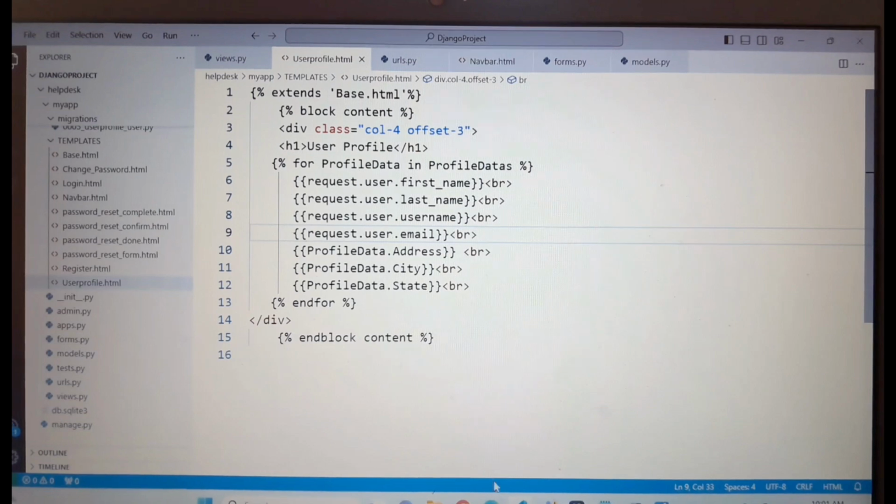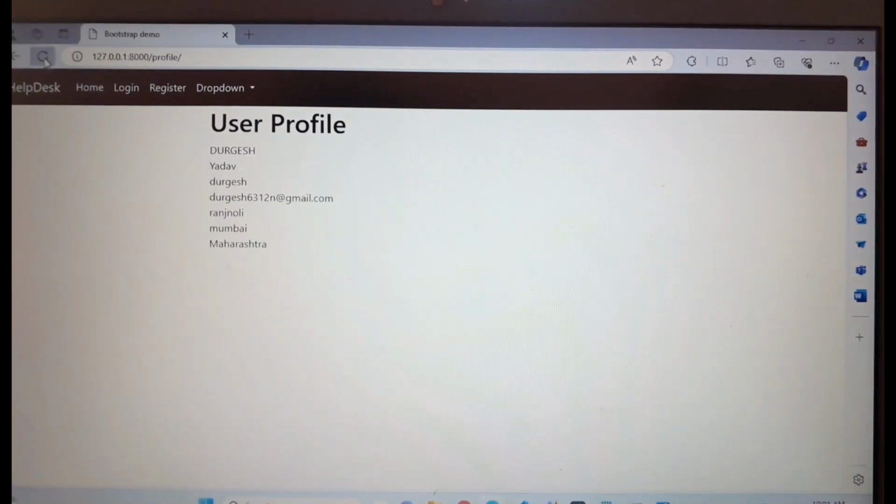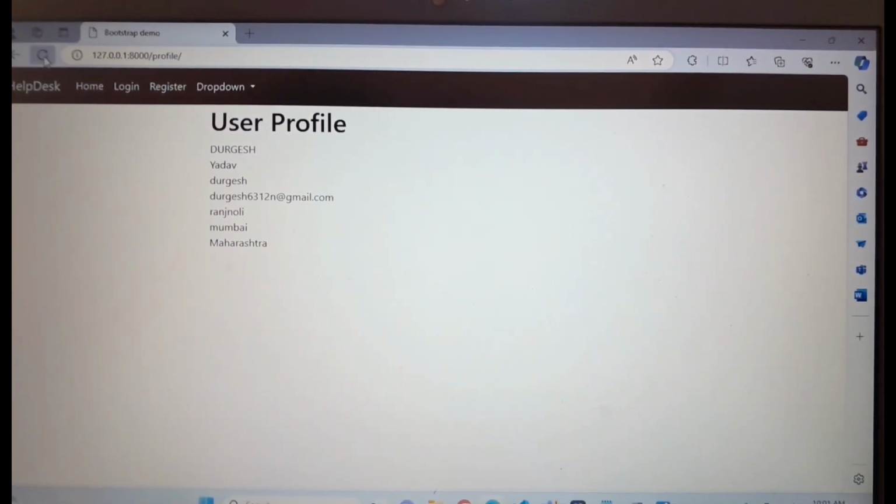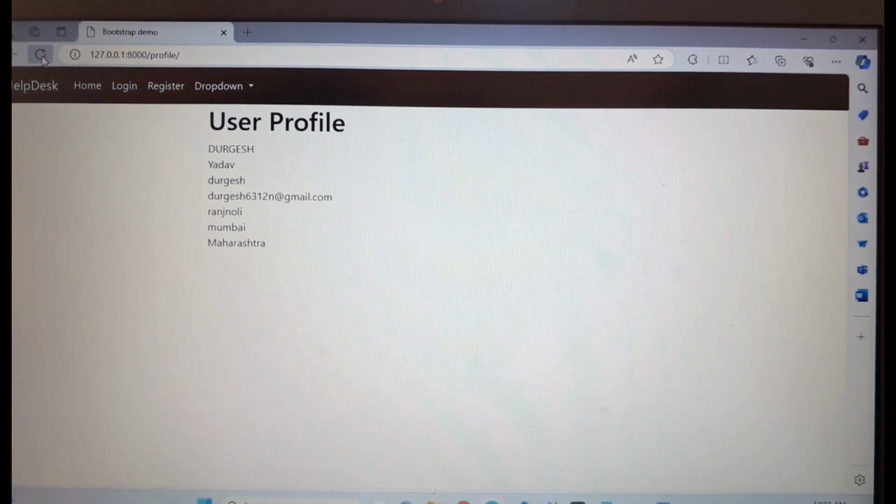Now it's done. Come here, let me show you. Let me refresh. So Durgesh Yadav, Durgesh is my first name, then Yadav, last name, then user ID is Durgesh, then email durgesh@gmail.com, address, this kind of thing is coming. But this is not basically what data is coming. It's correct only. There is no problem,